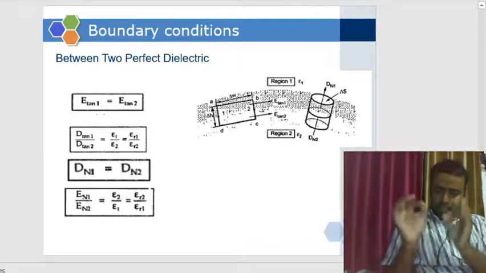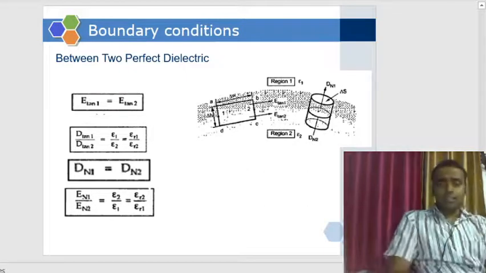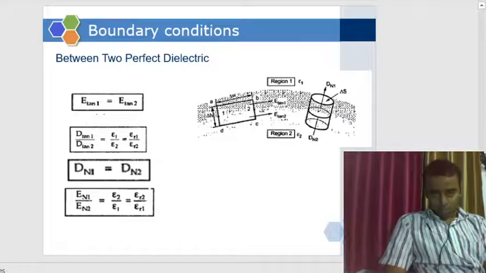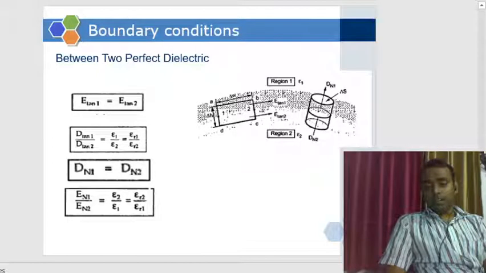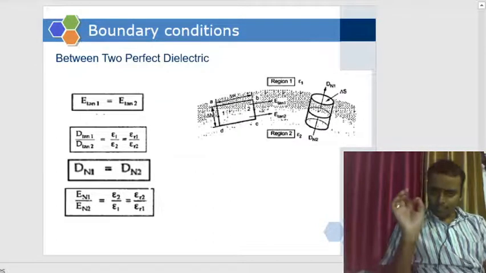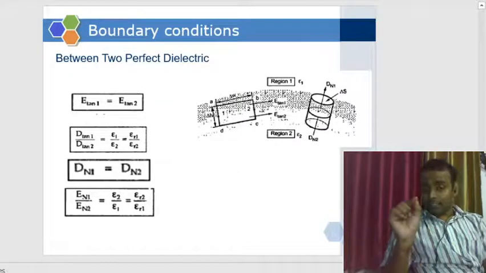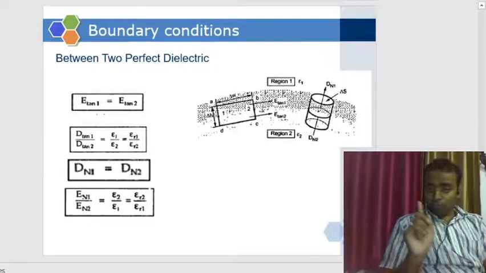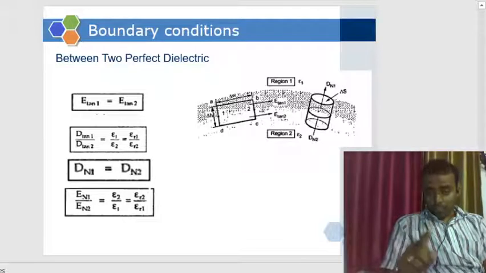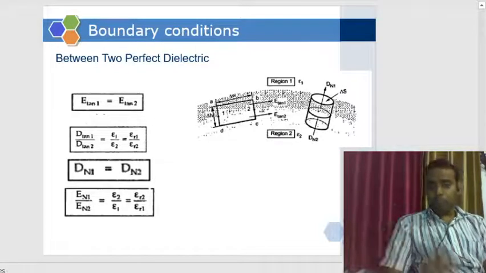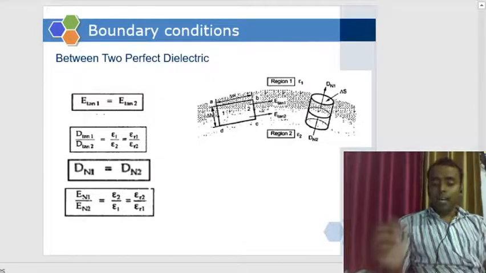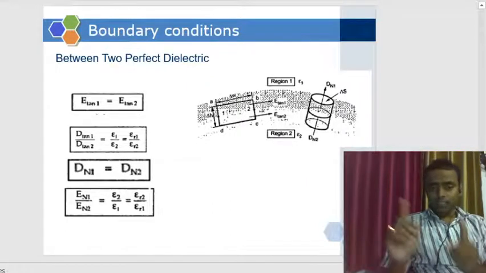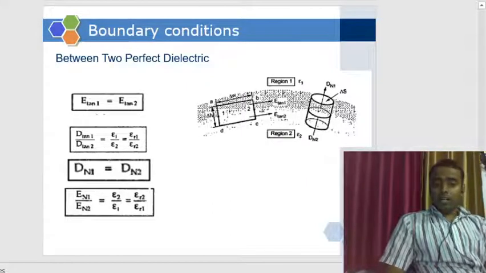The process is entirely the same as what we had discussed. It's nothing, just a mathematical manipulation which I did for free space and conductor. Exactly the same thing. Okay, we'll get these results. That is, the tangential component of electric field intensity in regime 1 will be the same as E tan 2, the tangential component for regime 2. The tangential component will be the same.